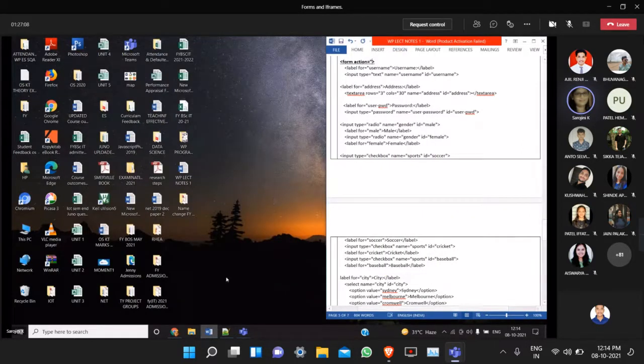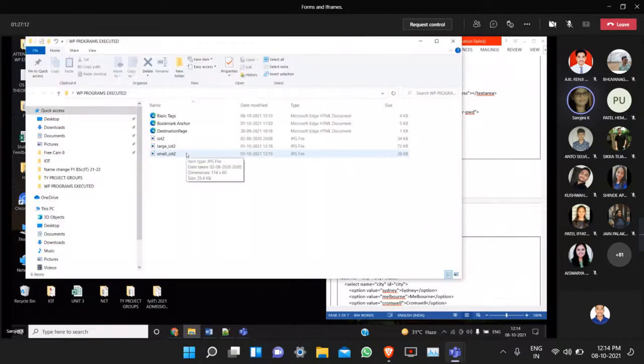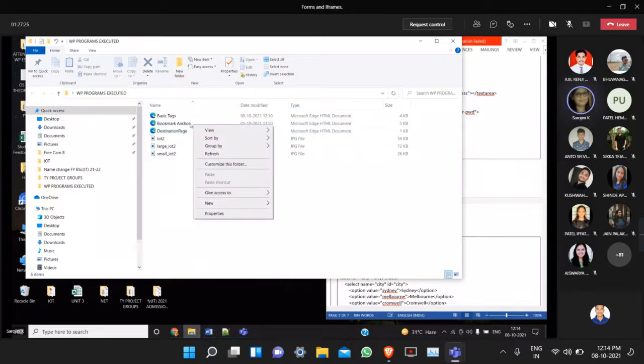Let me see if any other files are there, then that page we can give. We have another file called bookmark anchor.